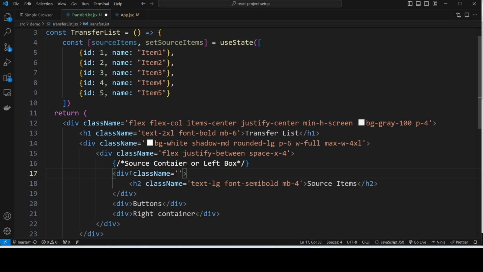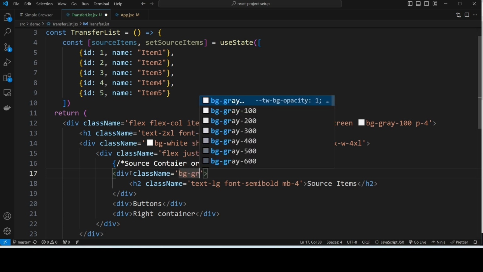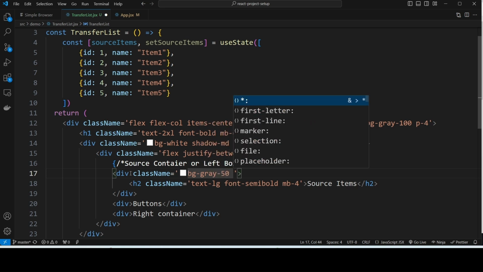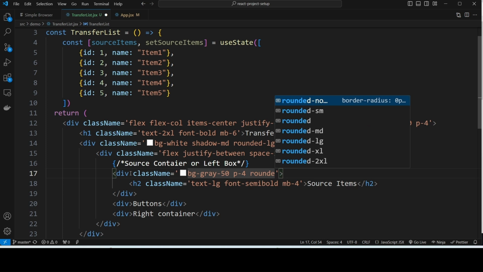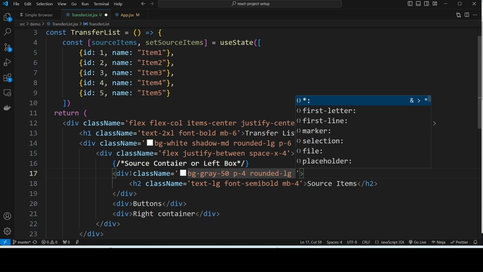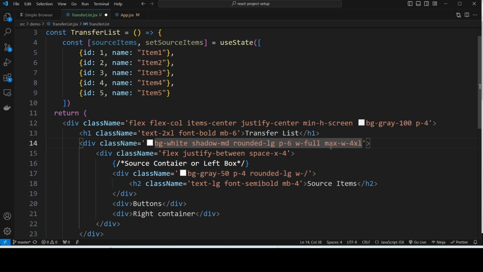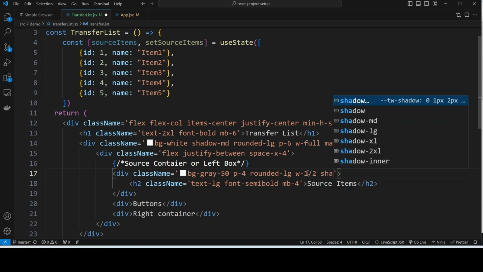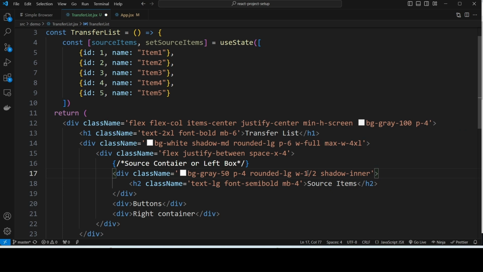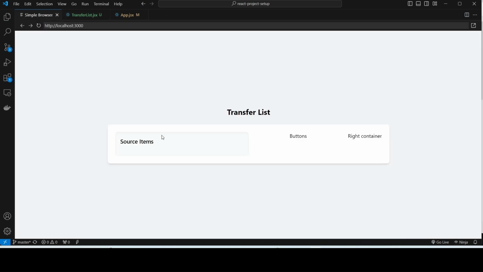Okay, bg-gray-50, p-4, rounded, width I want to have half of our parent container, that is 1/2, shadow-inner. Let me save. Okay, now if you see here, we got a box here,